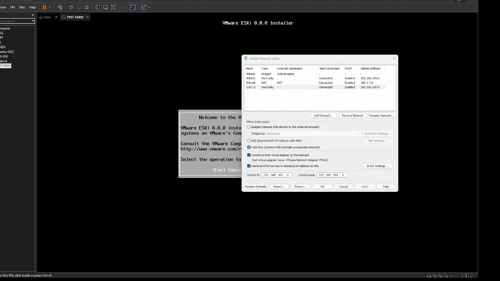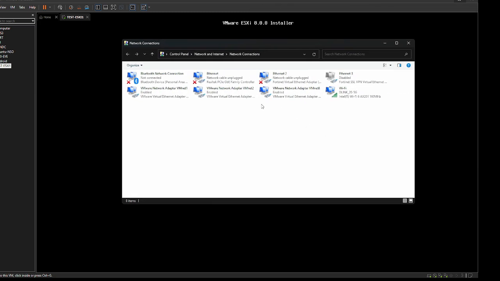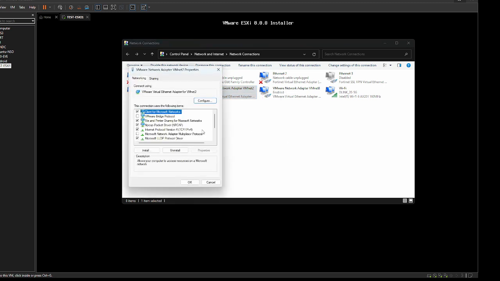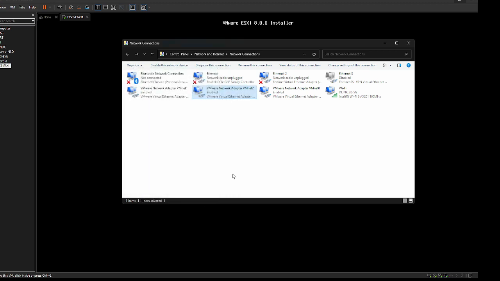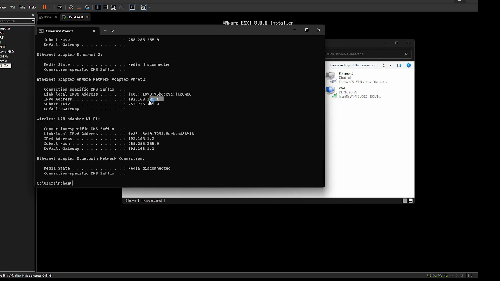Next thing is that ncpa.cpl. If I come back to my adapters page now, I do have VMnet 1 adapter. Now I do have VMnet 2 adapter, and you can go to the properties. You can go to your Internet Protocol version 4, select properties. You see that it has allocated one. You can say, no, I want 10. It's up to you. You can say, what is your DNS server? You can define your own DNS server. It's up to you. It's entirely like networking now. Now, if I go back here, this should change to 10 now, simply.